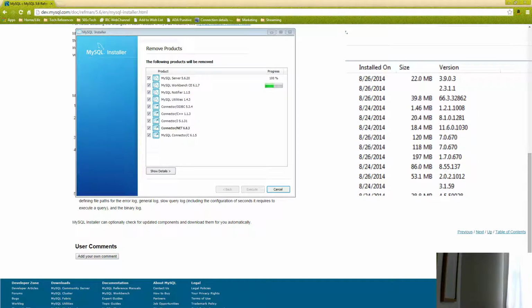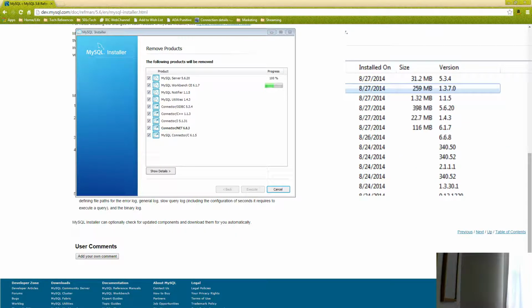I'm just checking to see what else I have installed on this machine. Oh,